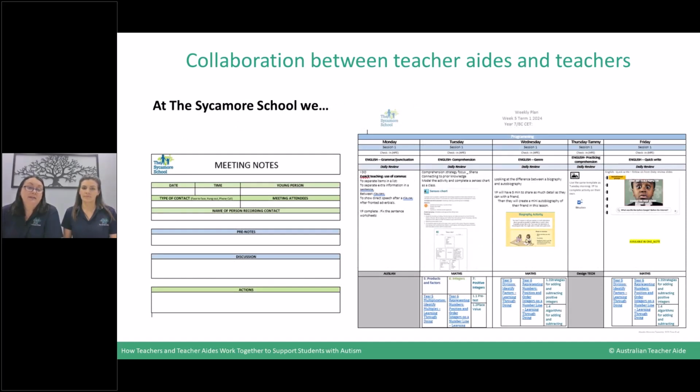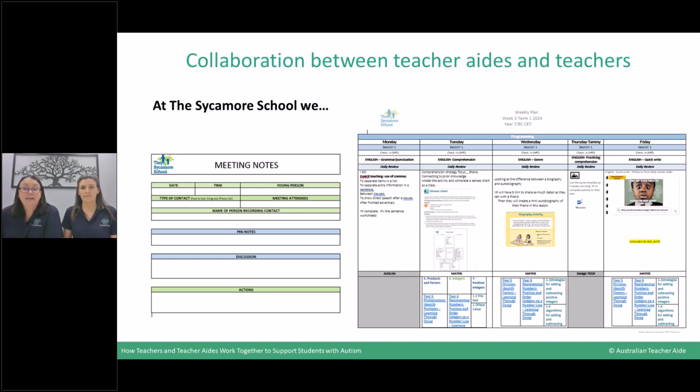So our meeting notes, we make a real effort to make sure that they're all typed up, that everyone involved in being a stakeholder for that student has the ability to not only attend the meeting, but also access those meeting notes following the meeting. They're shared via email or they're shared on our student document files, so they're accessible. If you don't have the time that is allowed in your day to be attending those meetings, then that may be an opportunity to ask for access to those types of documents,